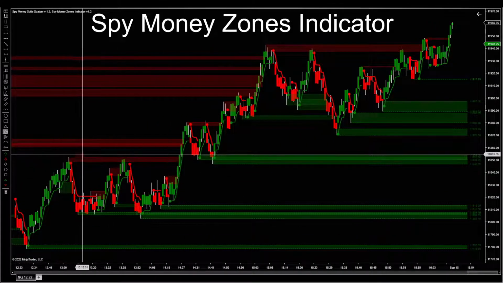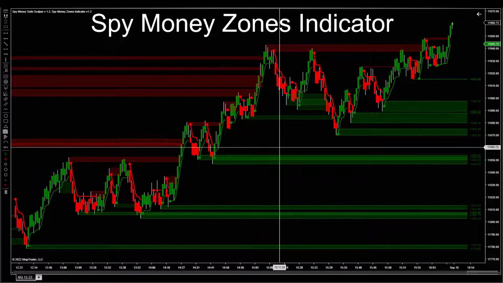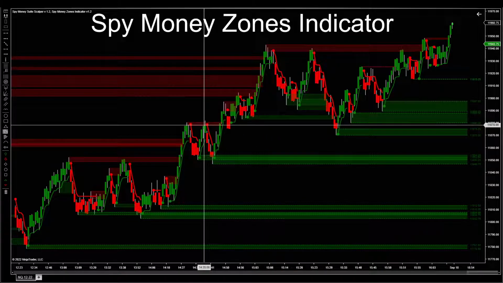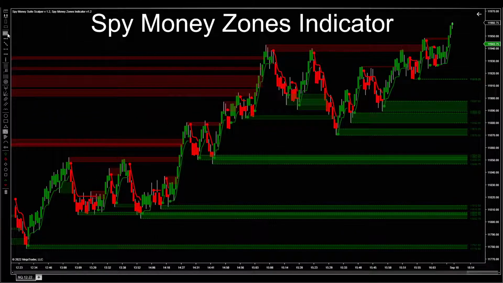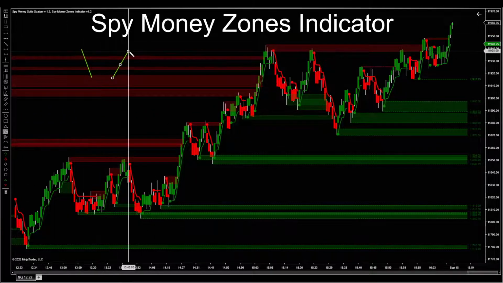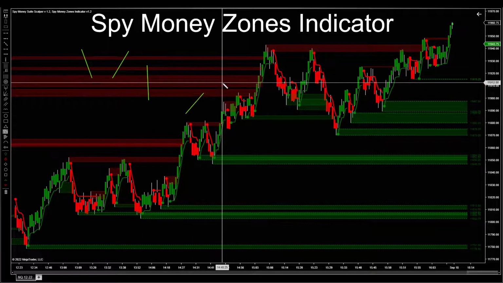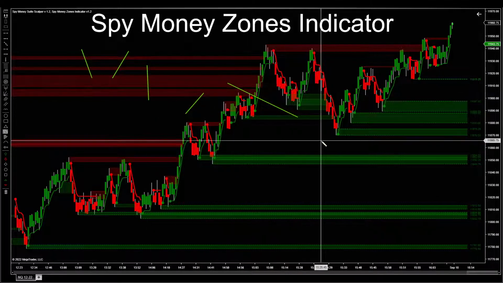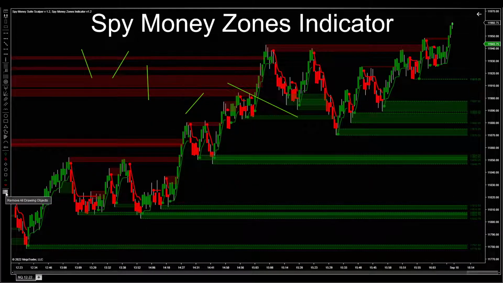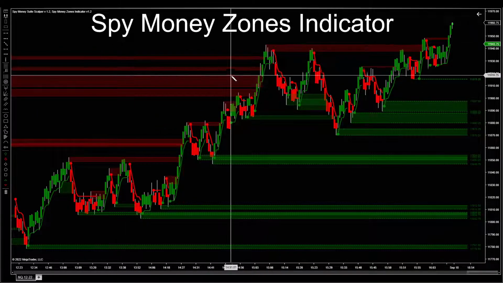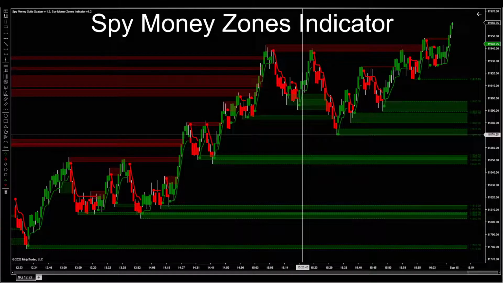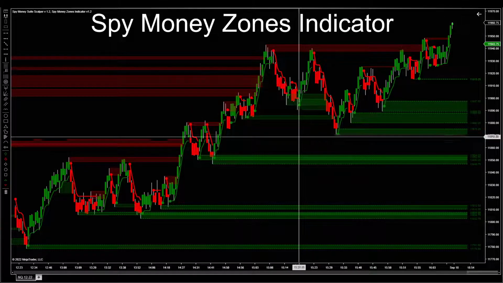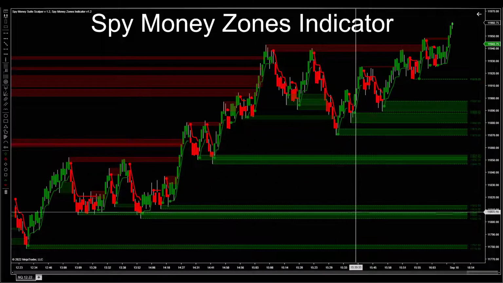A lot of people trade this by manually drawing out the zones, but that makes it hard, especially if you've got a bunch of markups and lines everywhere. When you click your delete button, it would delete your zones too if you had them manually drawn. So what we did was make an indicator that will draw these zones out for you, and